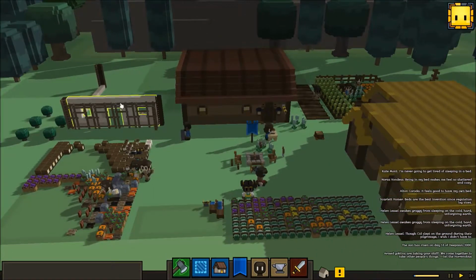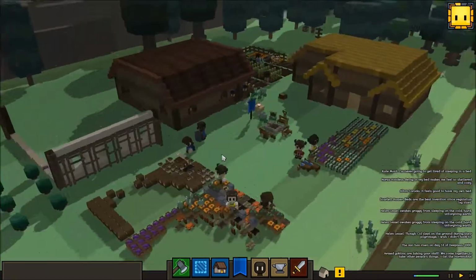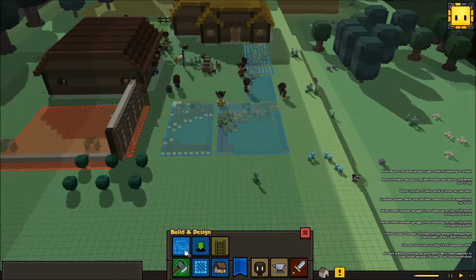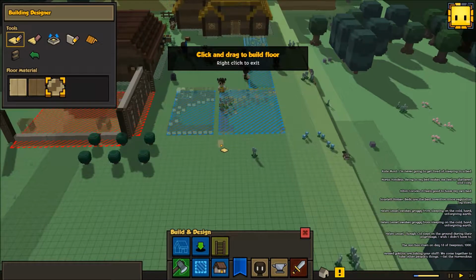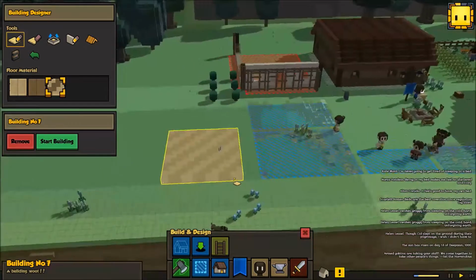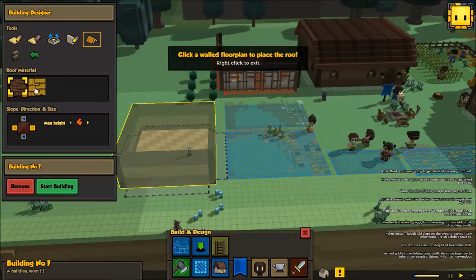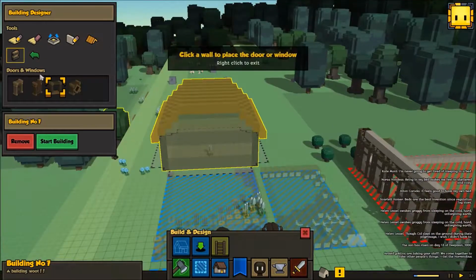Since this building is hopeless in every sense of the word, we're gonna go ahead and build a new building. Let's go ahead and do one of those. This is going to be kind of a basic building. I just want a place to put our carpenter. So let's go ahead and...